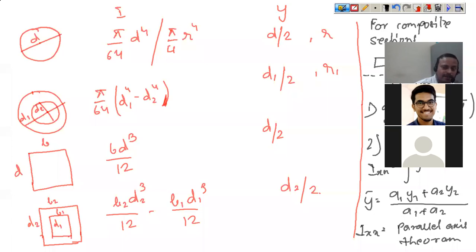If the question is to determine, in this beam section only, the maximum compressive stresses, then compressive stresses mean the upper fibers are in compression and the bottom fibers are in tension. So if this is your cross section, the maximum compressive stresses correspond to D1. If it is asked to determine the maximum tensile stresses, then you need to take Y equal to D2. If the question is to determine the maximum bending stresses, then you have to choose the maximum of D1 and D2 and then only solve it.